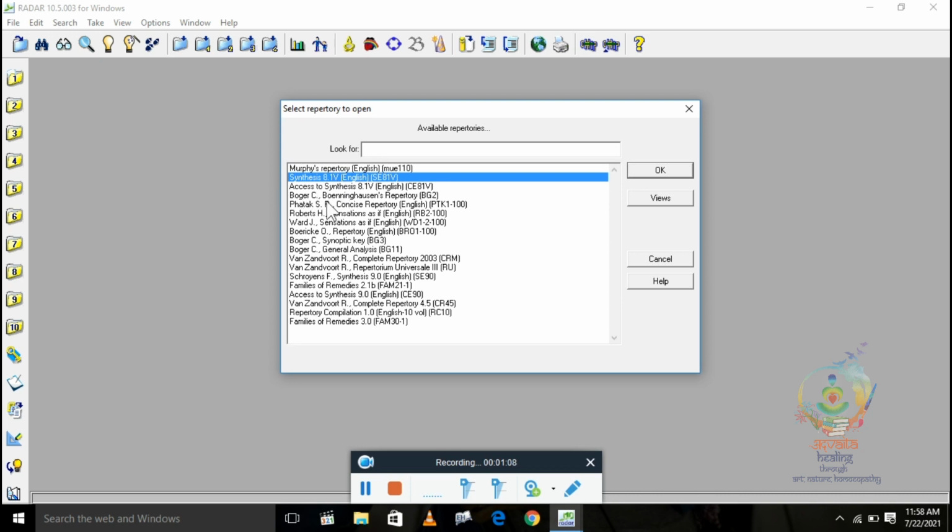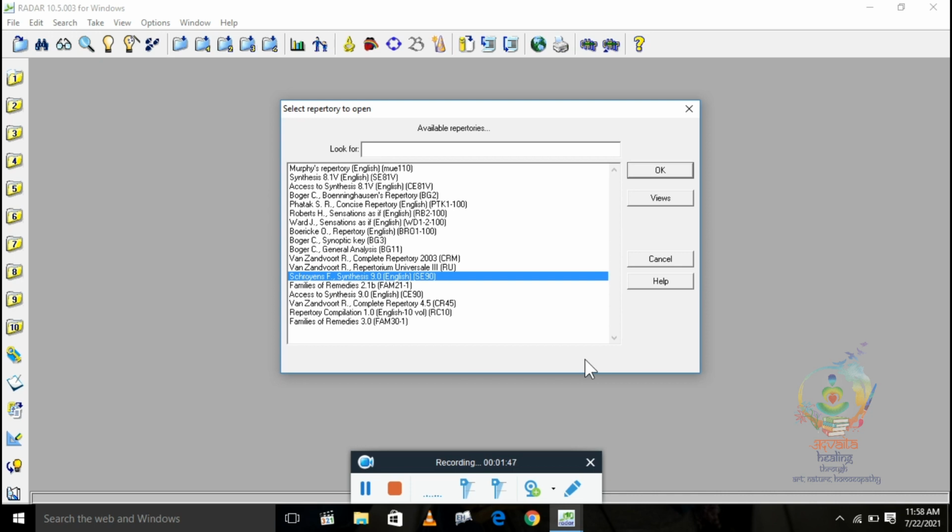Then you can see Boger Boenninghausen, Phatak repertory, Roberts Sensation As If, Ward J, Boericke repertory, Bogner synoptic key, Bogner C general analysis, Complete Repertory, Repertorium Universale. Then generally I use this Frederik Schroyens Synthesis 9.0.